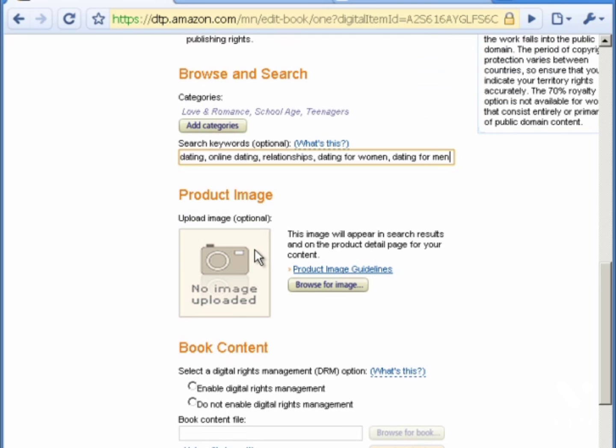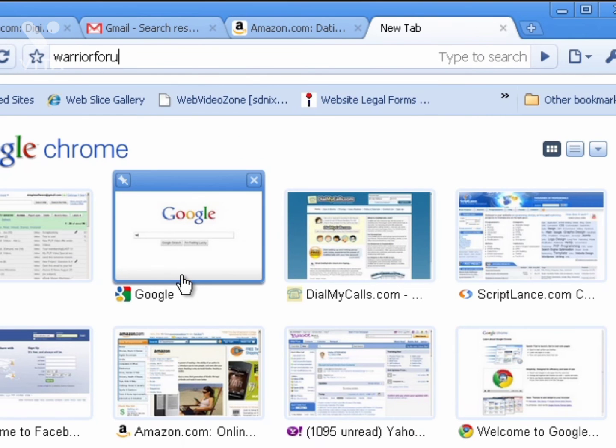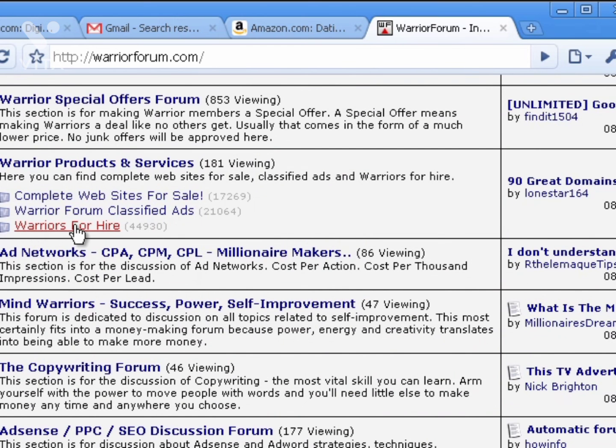Then you'll need to upload your product image. This is optional, but like the keywords, you just need to upload that as well. Now, I don't have a product image for this example, so I'm going to skip that. But if you're doing this, you definitely want to find somebody to create an image for you. If you don't know where to create book images, then you can look for somebody who is familiar with e-cover designs. And sometimes I go to places like warriorforum.com and I look under, for example, Warriors for Hire,